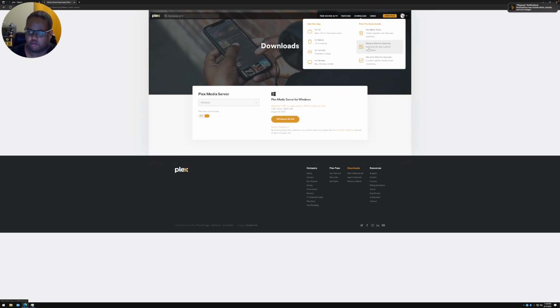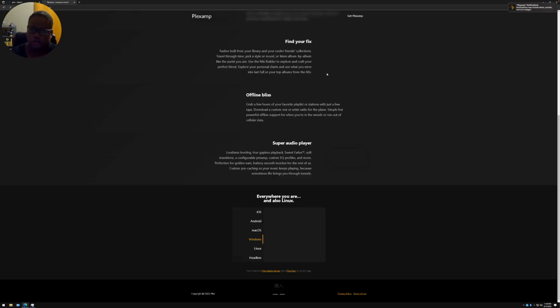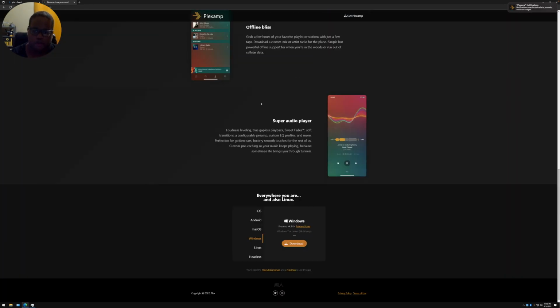And then right here, you can just click here, because if you click here, it'll take you here, and this will tell you how to get it. So for iOS, you go to the App Store. For Android, go from the Google Play Store. For macOS, you can download it here for Intel. For Windows, you download it here. For Linux,